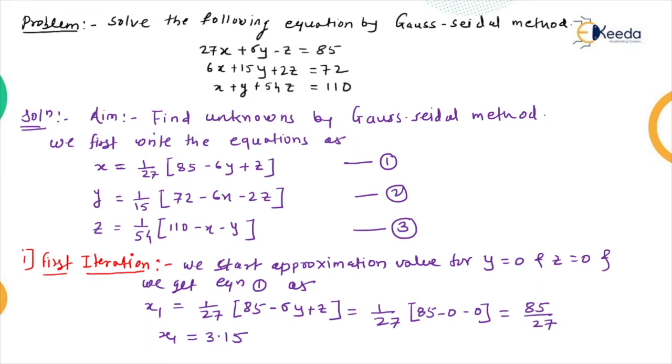For the first iteration we also have to find the value of y. For the value of y, we use the value of x just obtained, 3.15. So I am writing here, use x1 for the value of y1, and z equal to 0. Equation 2 becomes